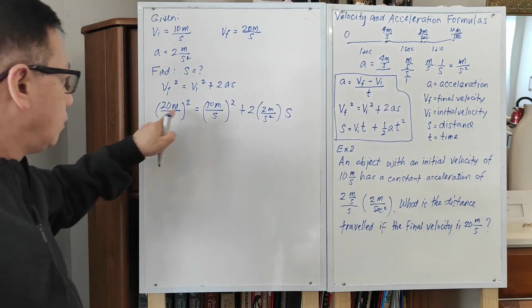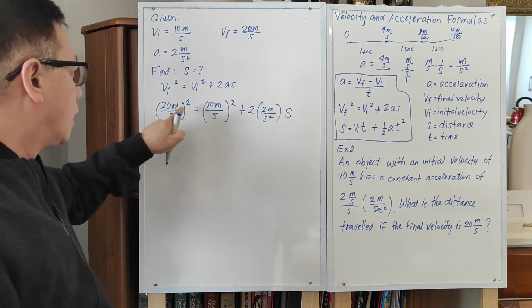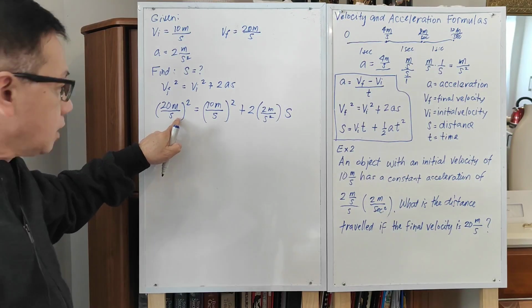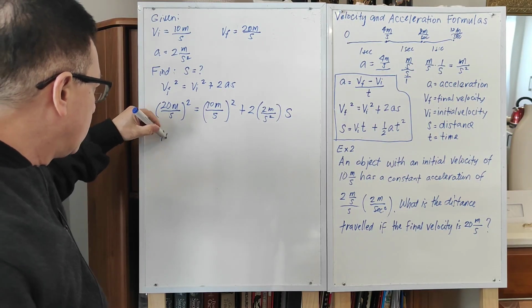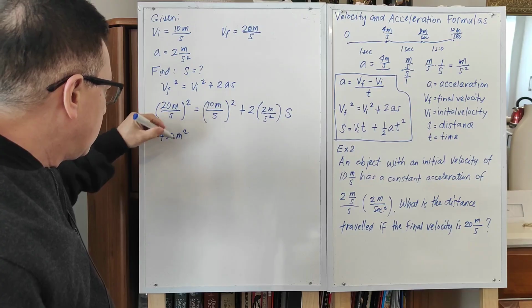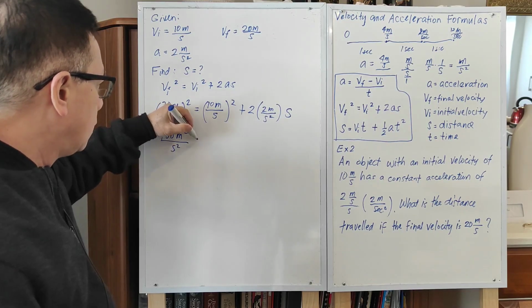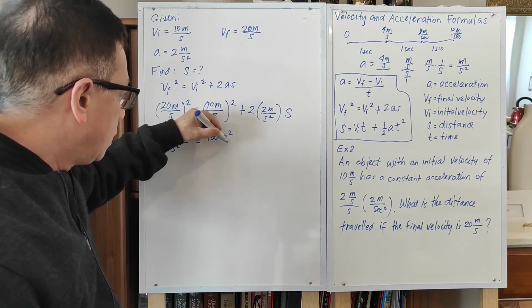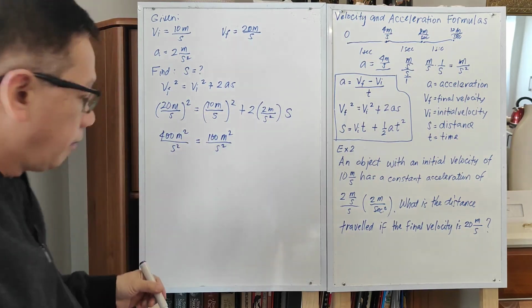Now when you square the number, you also have to square the units. So this one becomes 400 meters squared per second squared. This one becomes 100 meters squared per second squared